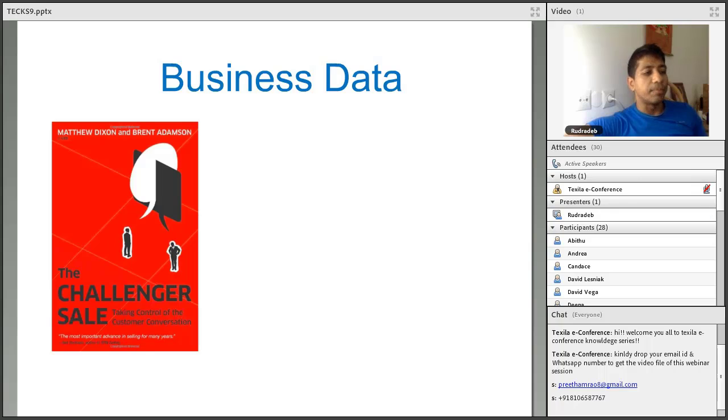But in business data, the regulations are much less, because businesses are not considered private entities. In the US there's some aspect of that, but in Europe, or in other parts of the world, the majority of the world does not consider businesses as private data. And most of the data in business data is actually publicly available.